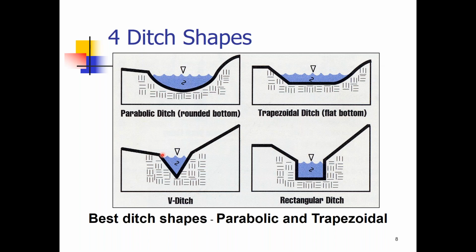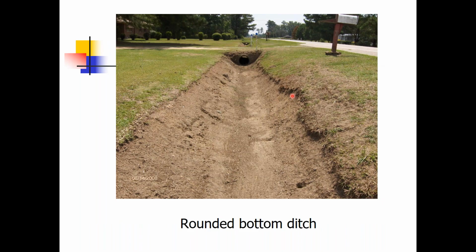But we also want to add to what we said on Tuesday, and that is not just keeping the water away from the roadway, but moving it away as quickly as possible. Here's an example of a rounded bottom ditch. It's nice, and notice it's not perfectly rounded. That's okay. But with the design around it, notice it'll move a good deal of water through that pipe area right there. When we're putting our ditch together, it is important that the bottom of the ditch needs to be at